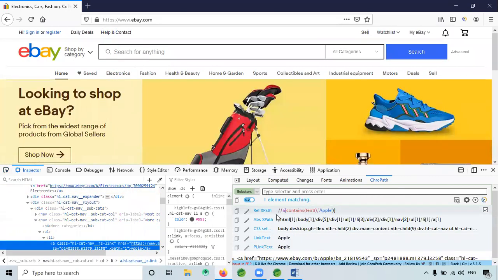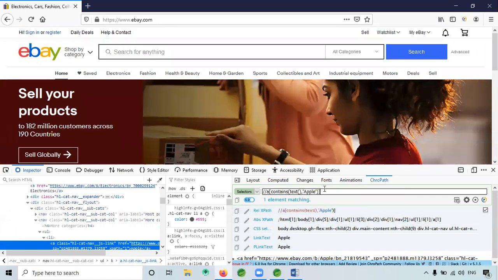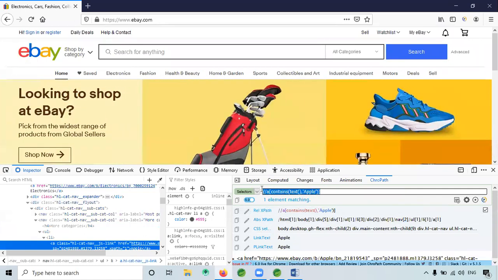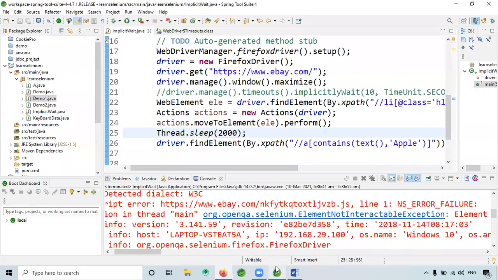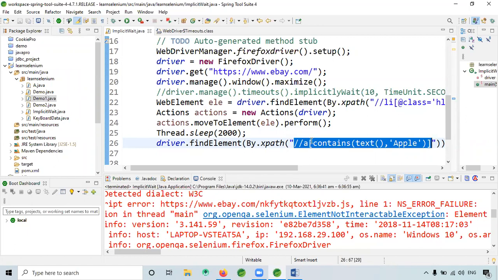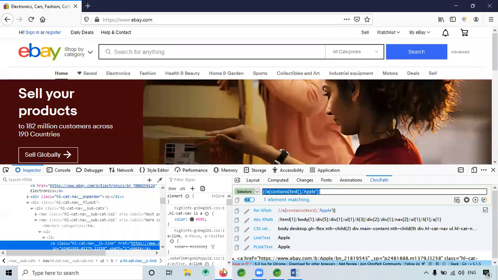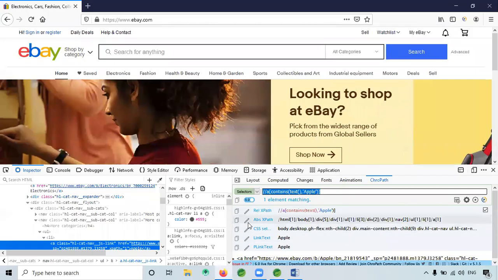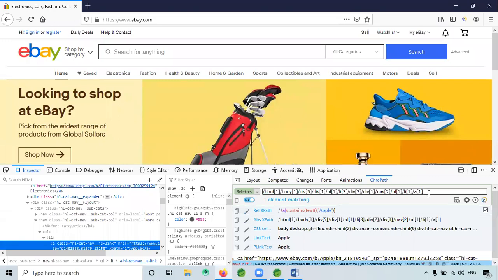it contains text Apple, correct only. Did we refresh the page? Hey, what happened just now? It was working actually. But we refreshed the page, right? The web page. No. See, Control Z. Oh yeah, same thing. Control V. Okay, let me try once again. Okay, we'll do one thing. We'll go for absolute path then, once check.